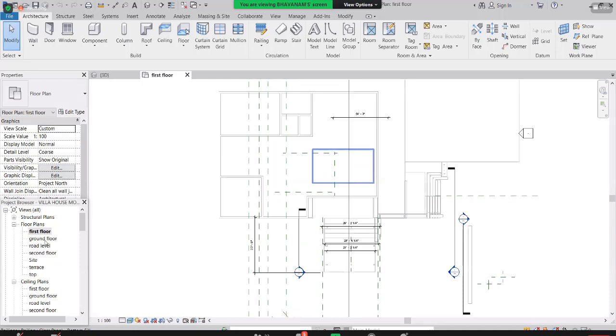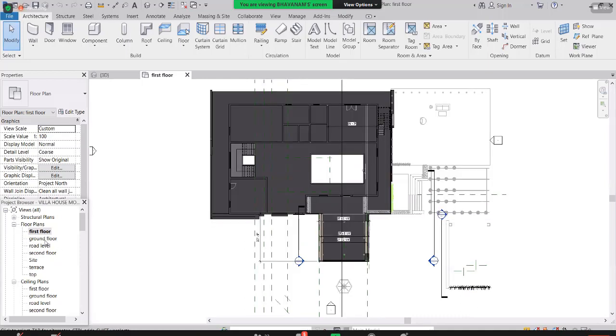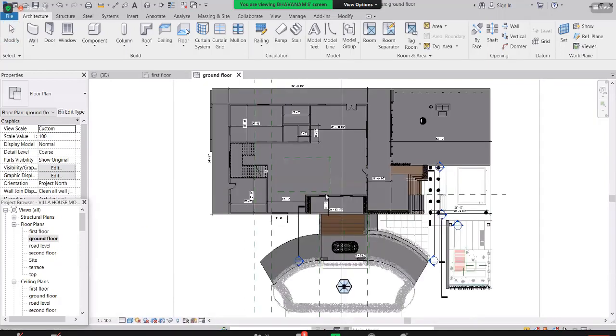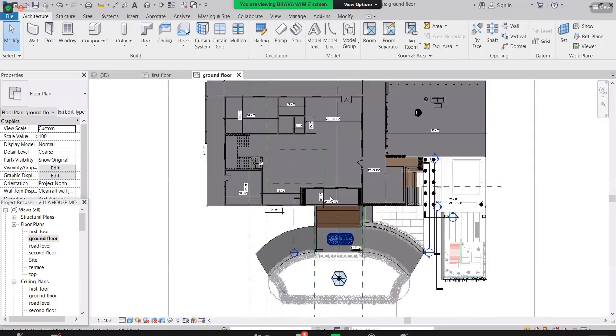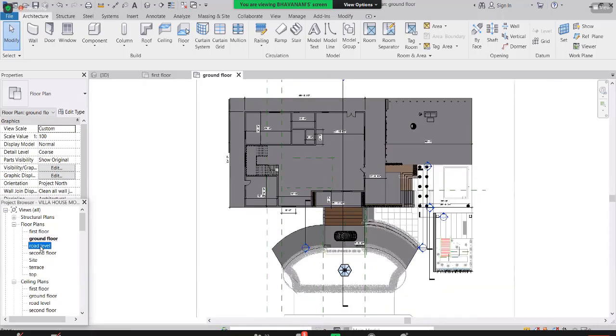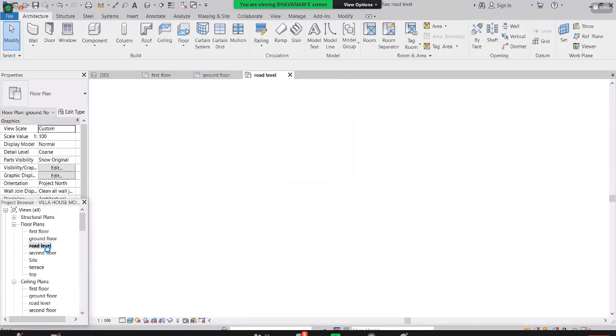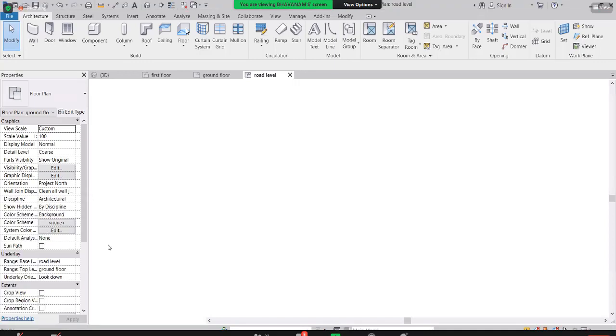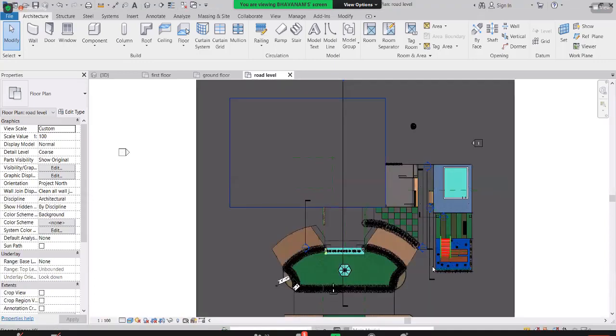Yeah, nothing will be changed in this first floor. Let me choose the ground floor, so then you can understand. Yeah, see this, this is a car, and here is a ramp, and this type of model we did actually. So let me go to the road level. If you wanted to see the road level exactly, you can click on here in this road level. This all will be in floor plans. Guys, see this, how beautiful it is.